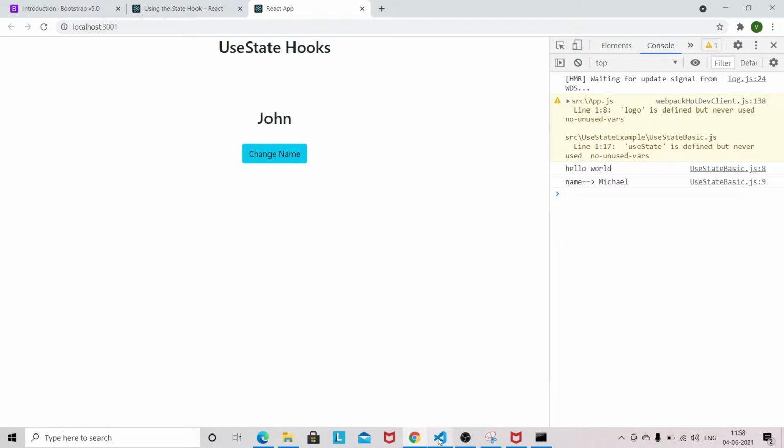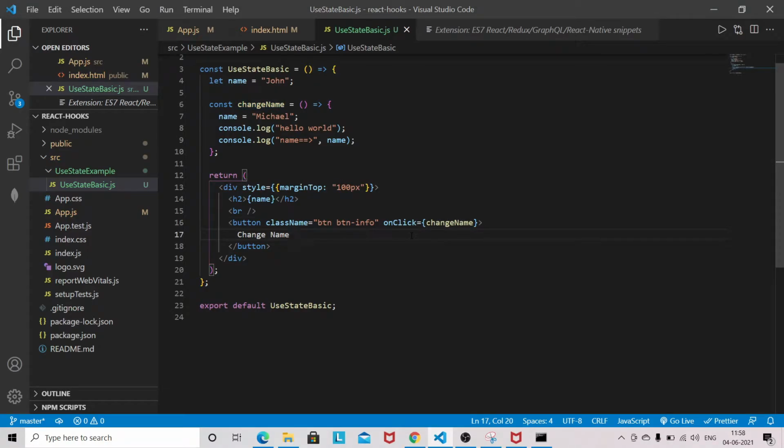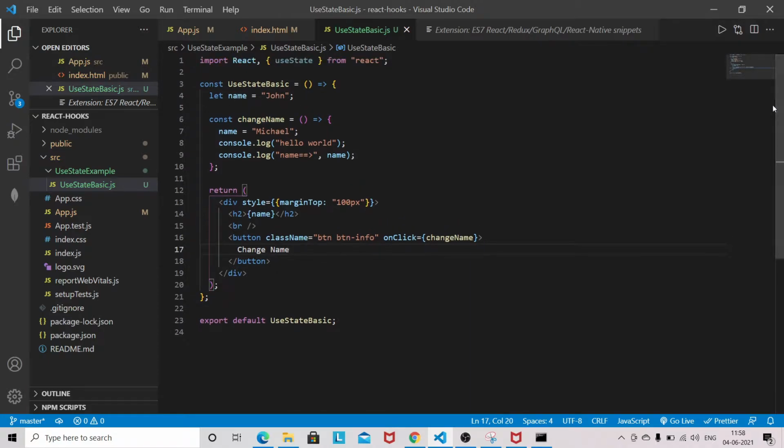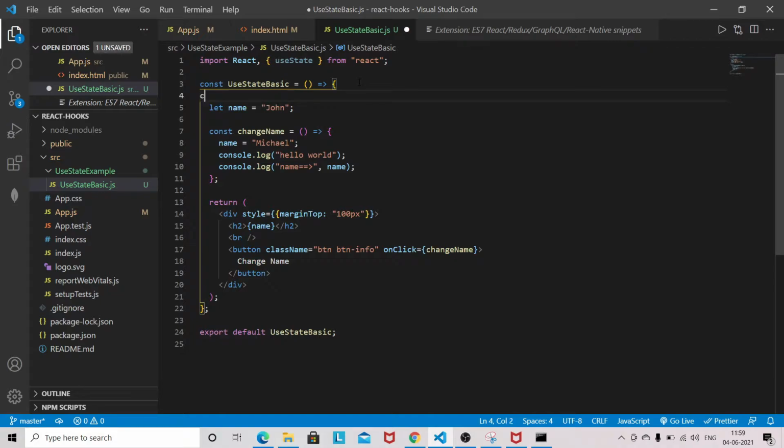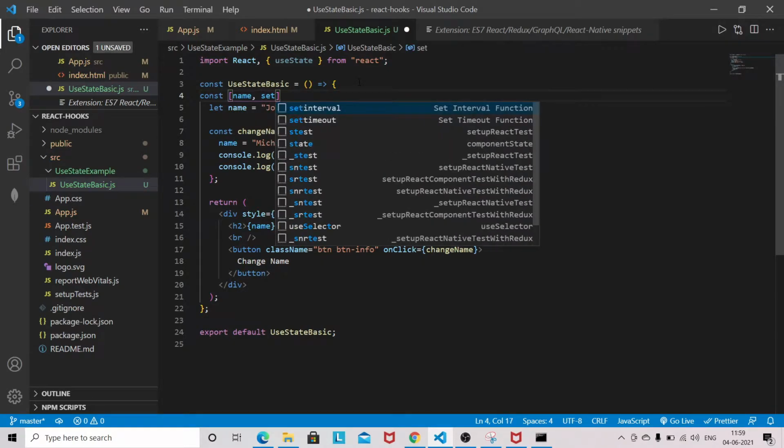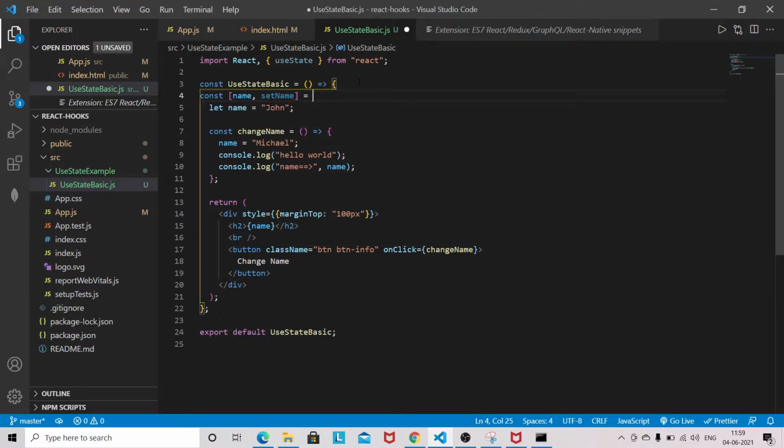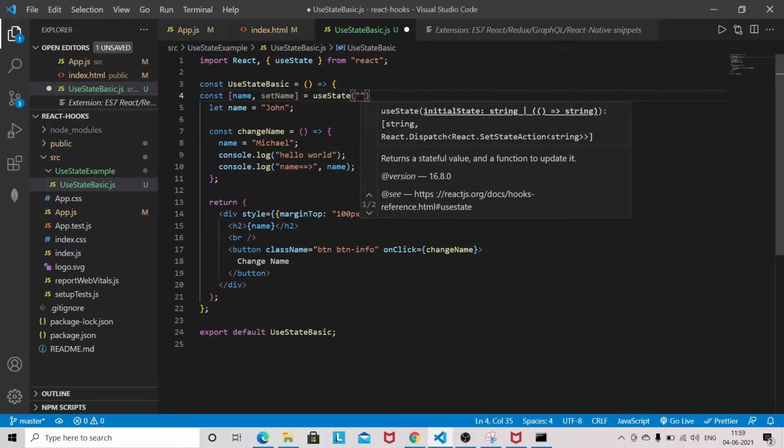So we will see how we can update the value with the help of useState. Let's initialize the state here. We'll have a name, setName, and useState, and you can define the initial state.